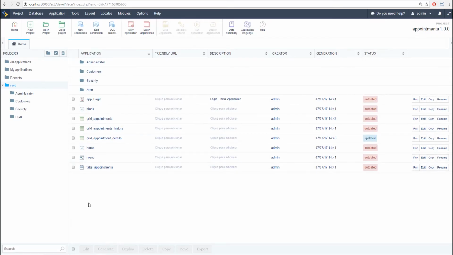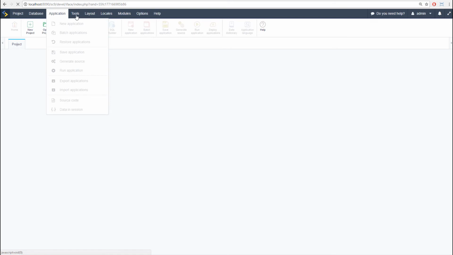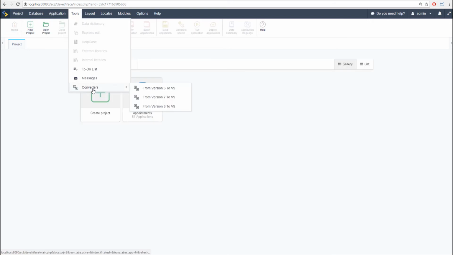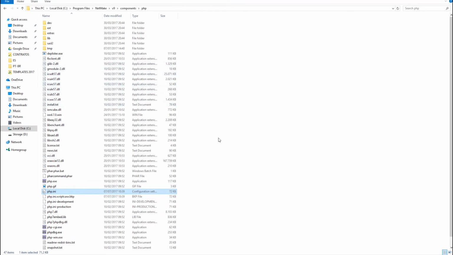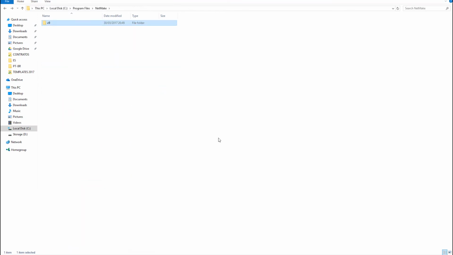Okay, so I will just repeat because Mansour was asking before for me to repeat the steps for the conversion. So let me close this project. Then you go to Tools, Converters, from version 8 to version 9. Then you place here the path. It's recognizing my path here. This is where I have my Scriptcase. Inside this folder, if you see here, let me access again. I have